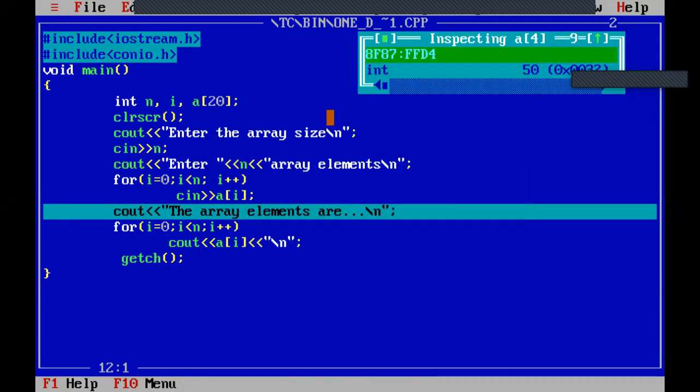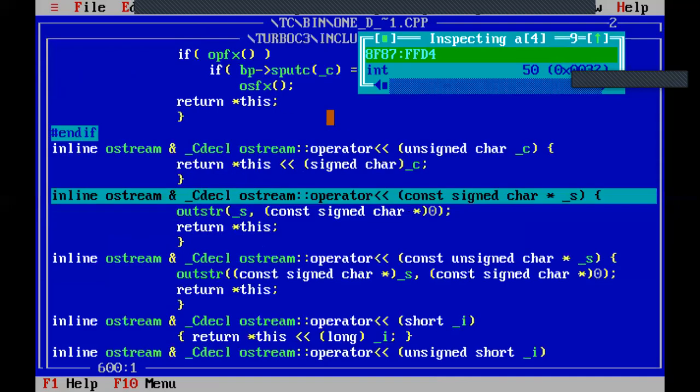See, if you make use of the computer machine correctly, whatever software you are using, a lot of things will be taught to you. The machine itself will teach you a lot of things. But you should have patience and you should know how to learn. Okay, so now the array elements are next. You see the program tracing.